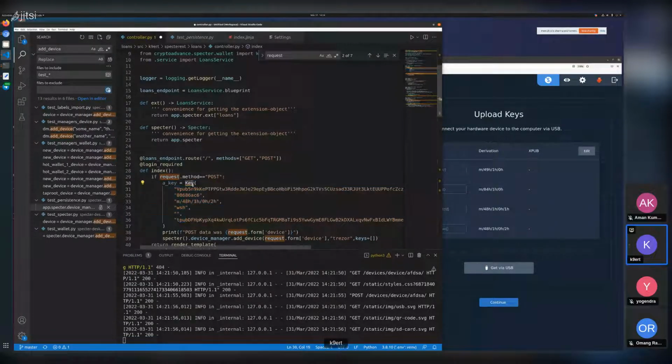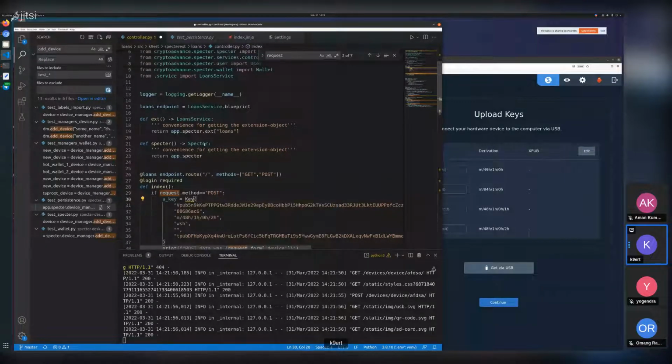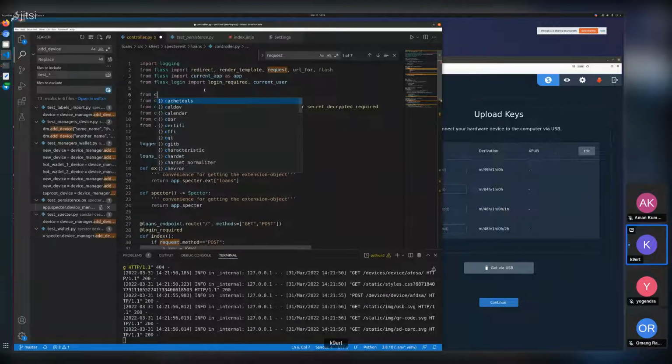You can look now, it's not defined, and sometimes it works if I make a space here and then do a control space, and then it gives us proposals, but in that case it doesn't work. I don't know exactly why, but we have to manually insert it from crypto